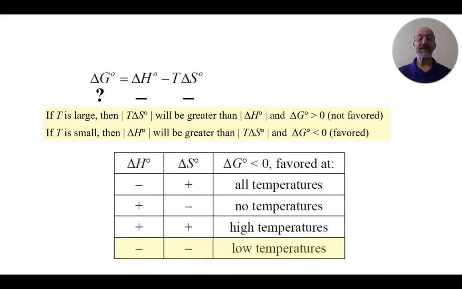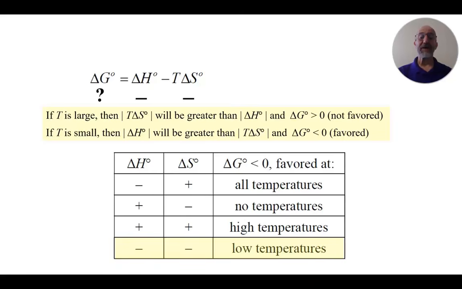So my message to you, my advice to you, is that on the free response section of the AP Chemistry exam, if you need to justify whether a reaction or a process is thermodynamically favored at either low temperatures or high temperatures, this is the strategy that you should use. Write this equation, delta G equals delta H minus T delta S. Talk about the sign of delta H, talk about the sign of delta S, and then show